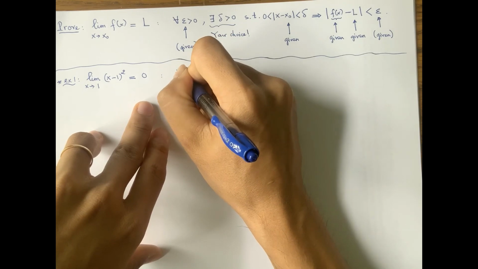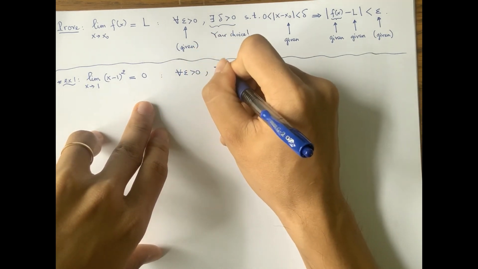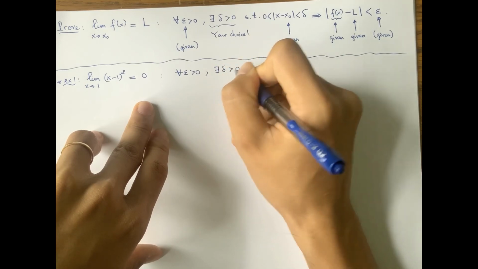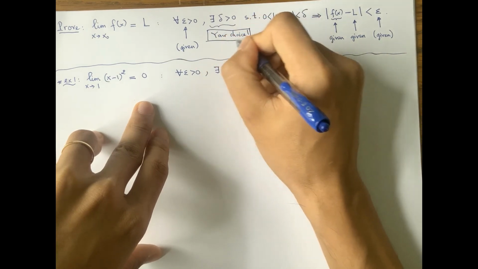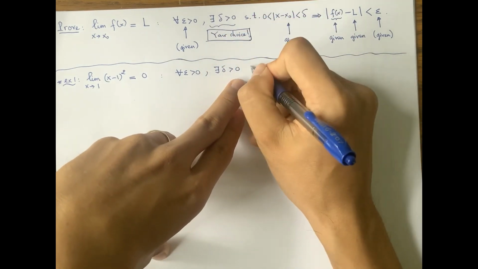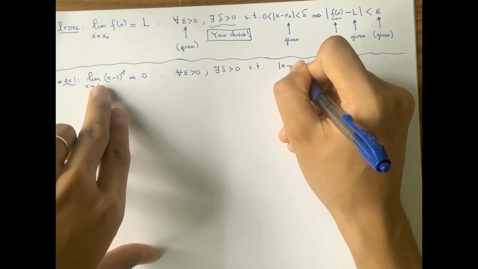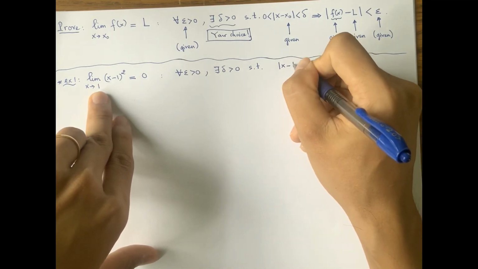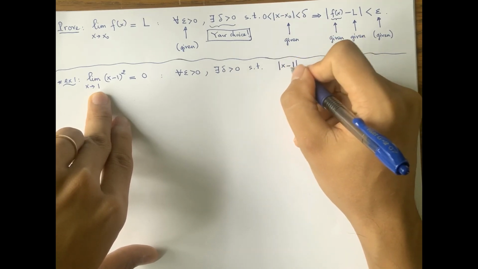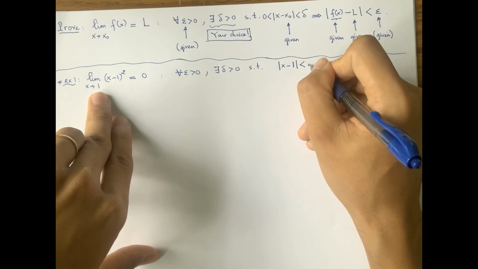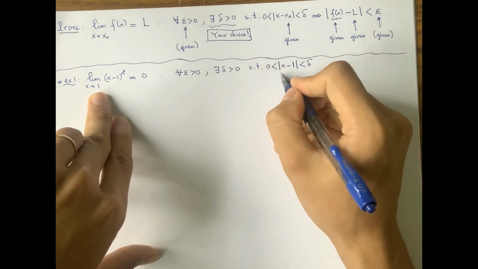So you need to show that for every epsilon greater than 0 given to you, there exists a delta greater than 0, meaning that you can always choose the delta such that whenever x and x0, which is the number 1 in this case, are close to each other, and being close means less than delta, and we wouldn't want to care about x equals 1,